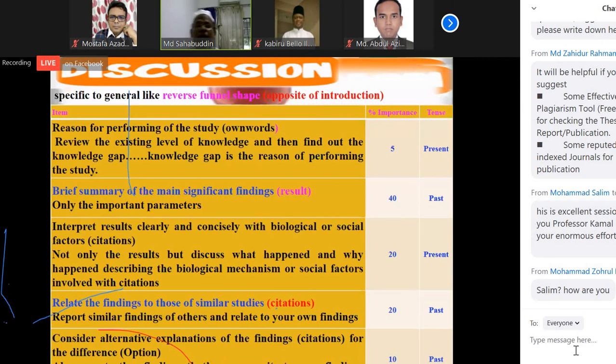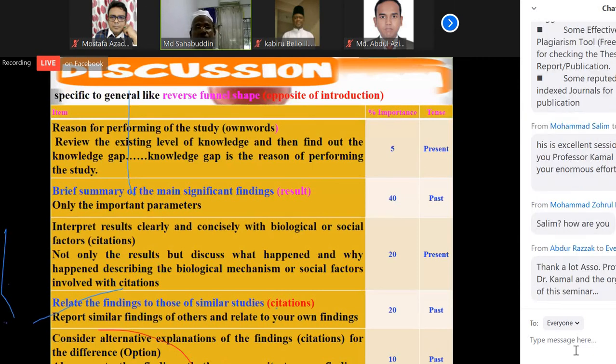Now again we have to apply the KSI technique: keyword, sequence, importance for the discussion. Under the discussion, we fix around 5 key points.